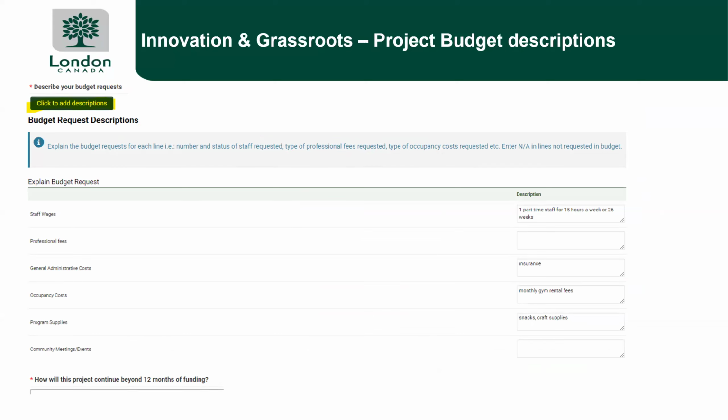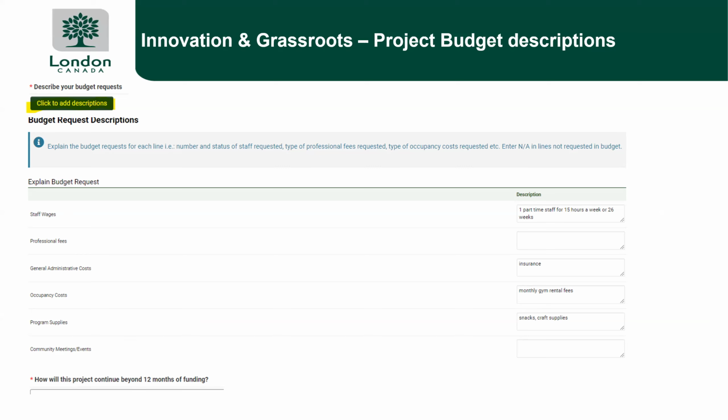This project description is the same kind of format as the budget, but we would like you to give us some details about what that money is being used for. So for staff wages, we'd like to know, is that a part-time person, 2 part-time people, 1 full-time staff? What is the administration cost going to pay for?